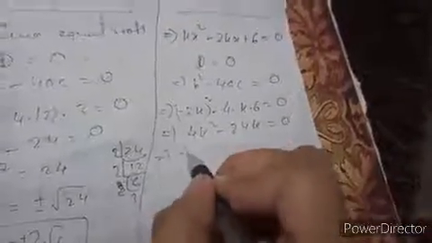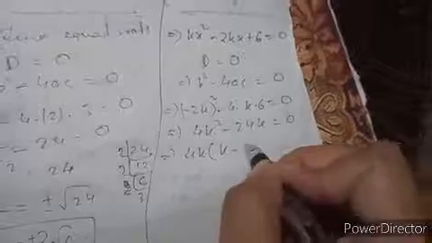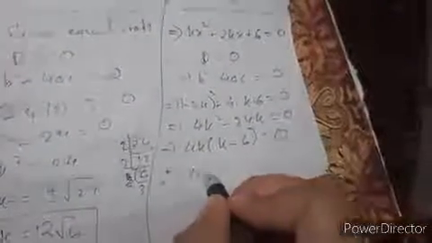If I take 4k common, we can write k minus 6 equal to 0. Therefore one value you compare directly with 0, and you will get k equal to 0, and the second factor we compare with k minus 6 equal to 0, that is k equal to 6. So you have two different answers for this question.